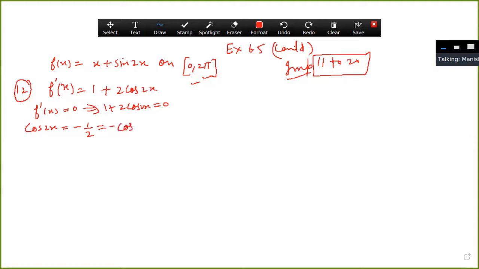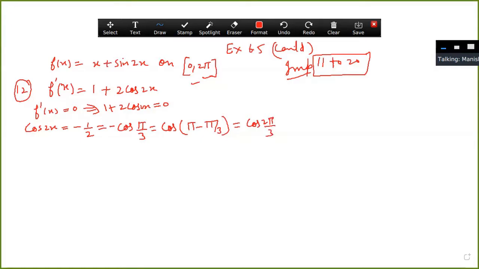Or you can say this will be minus cos of 1/2, at pi by 3. And this minus sign you have to merge. This will be cos of (pi - pi/3). Cos(pi - theta) is minus cos theta. It is in the second quadrant, so in the second quadrant cos is negative. You can apply cos(pi - theta) = -cos theta, or you can write it as cos of 2 pi by 3.